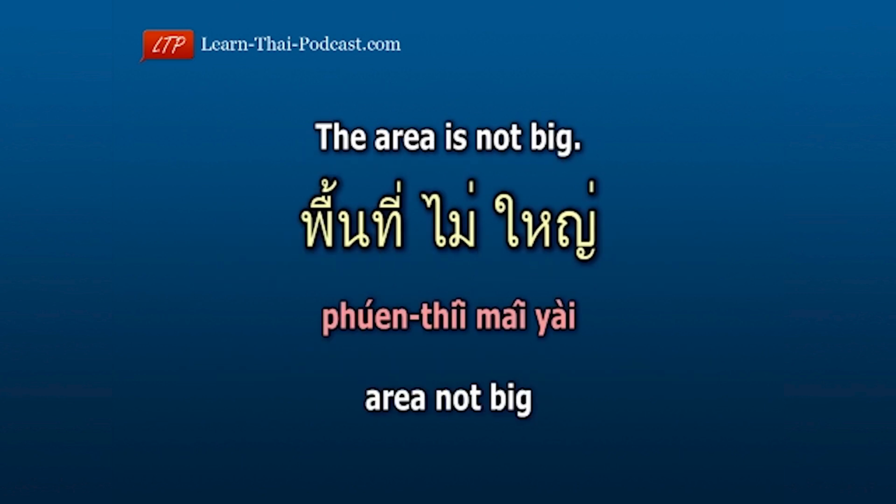Here's an example. The area is not big. พื้นที่ไม่ใหญ่ Area, พื้นที่ not, ไม่ big, ใหญ่. Area not big. พื้นที่ไม่ใหญ่